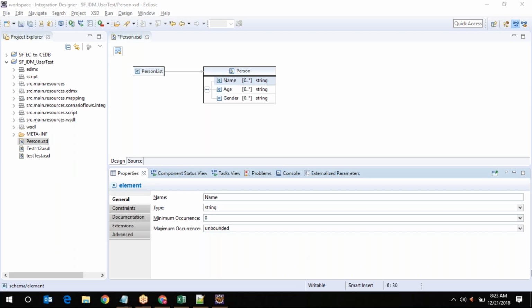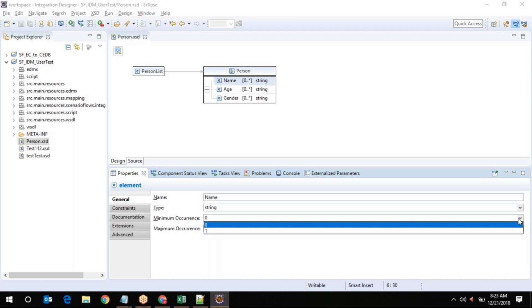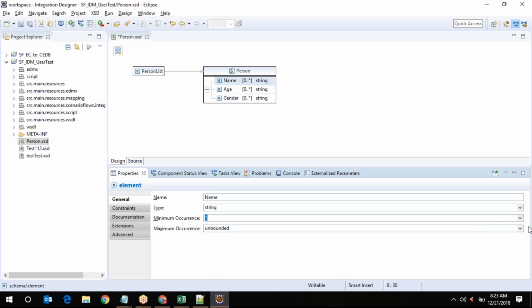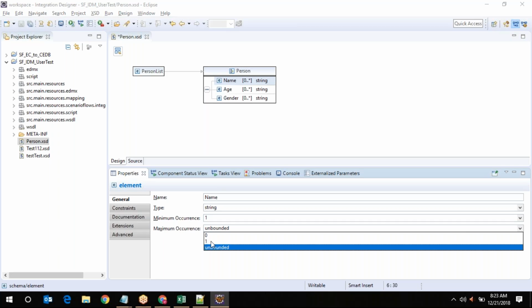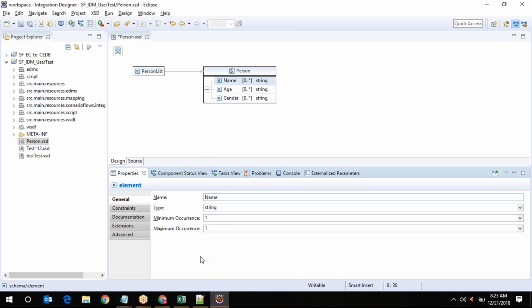For example, if I set like this, what will happen? If I set minimum occurrence to 1 and maximum occurrence to 1, what will happen? It will read the